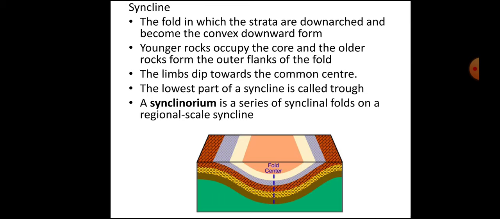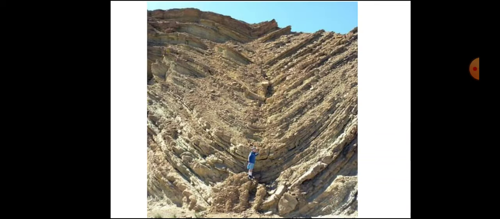Syncline. The fault in which the strata are folded downwards and become convex downward in form. Younger rocks occupy the core and the older rocks form the outer flanks of the fault. The limbs dip toward the common center. The lowest part of the syncline is called the trough. A synclinorium is a series of synclinal faults on a regional scale. Some structural geologists prefer the terms antiform and synform for upward and downward folding respectively, unless the stratigraphic order is